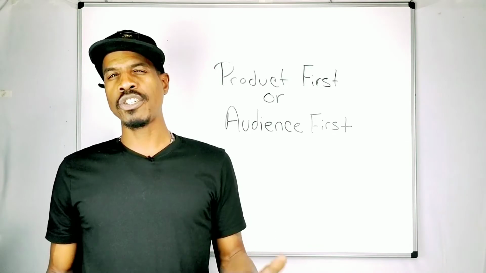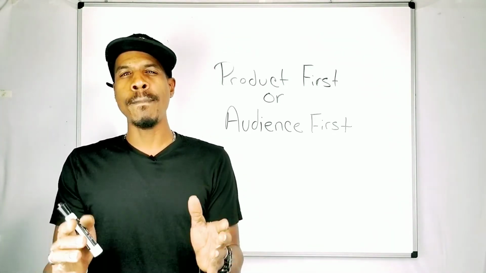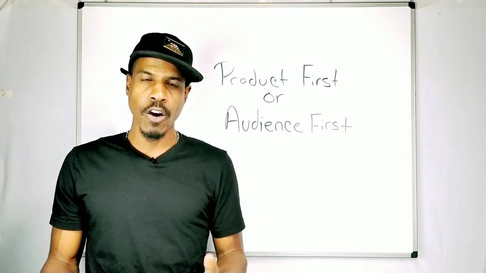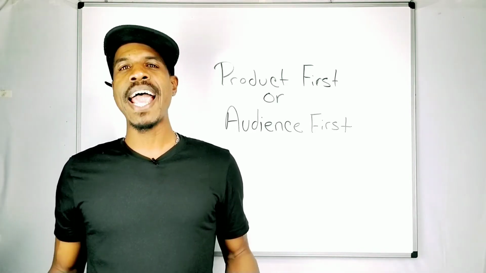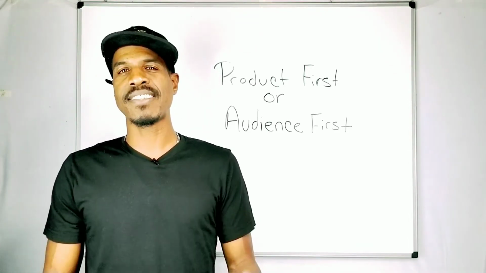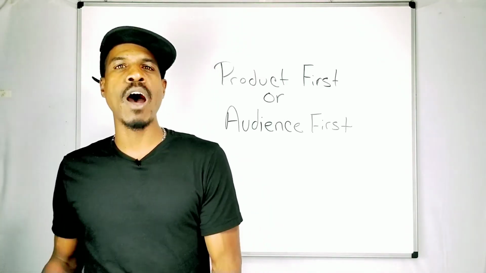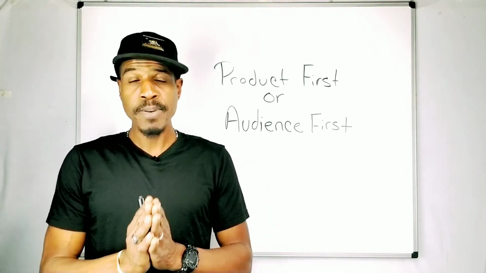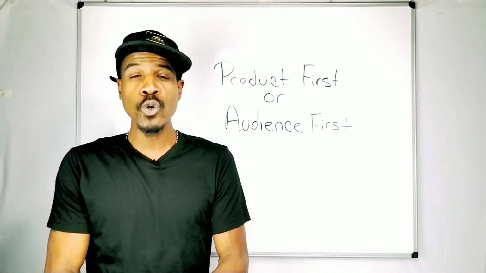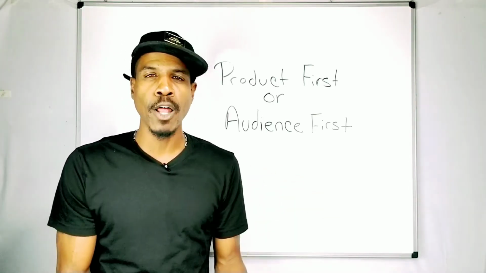Now, if you've already chosen to start with the product first model and you're already going down that path, then the ideal method for you would be to build a story based on the use of your product. So many times in the past, I have promoted products that I didn't have a story behind. So anyone that's selling a product, if your sales are down, if you're trying stuff, if you can't figure it out, if you're not getting any traction, the best piece of advice I could probably give you, it's simple, but it'll make a lot of sense, is to use your own product. Use the heck out of your own product and develop a story.